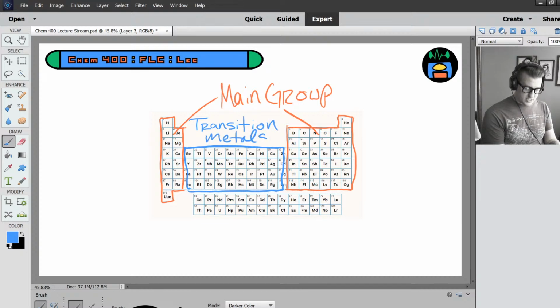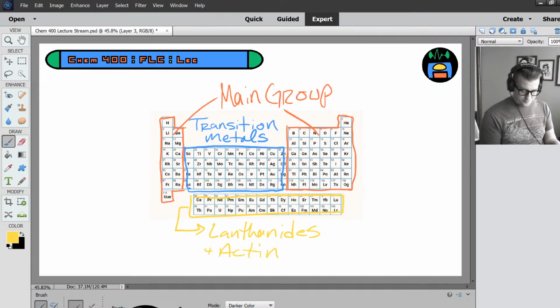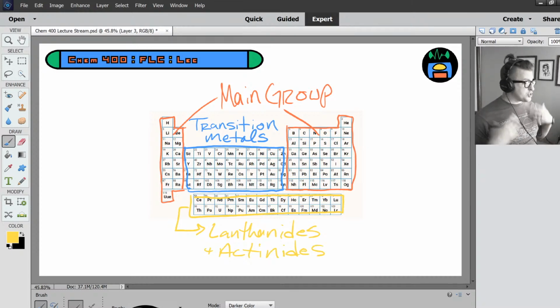And we'll have a lot more to say about them soon. This little island floating down by itself, not connected to anything. These are your lanthanides. And actinides. Again, you don't have to memorize these, but the reason why I'm introducing them is you should kind of low-key